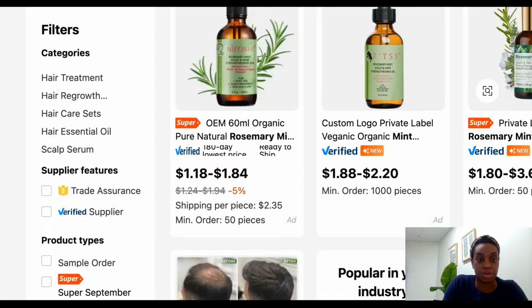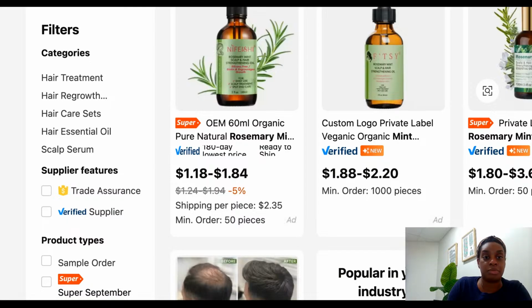Yeah, so you guys get the point. If you go to the Alibaba website, I'm telling you, if you type in Shea Moisture, if you type in Carol's Daughter, you're going to see a lot of their packaging. I say this so I don't get sued. I don't know if it's them actually doing it or if it's just the Chinese company stealing from them.